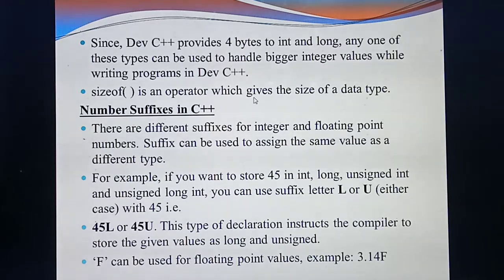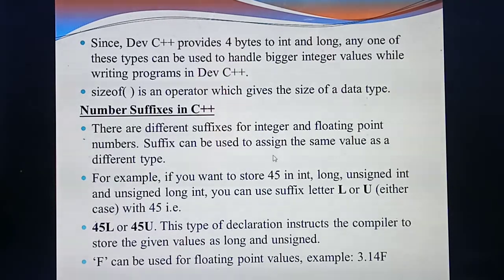Okay, so what's the use of a suffix? By seeing the suffix itself, you can identify which data type the value belongs to. Normally you know integer, float, character, and you have studied a lot of modifiers, isn't it? So these suffixes can be used along with which fundamental data types? Integer and floating point numbers. Understood?